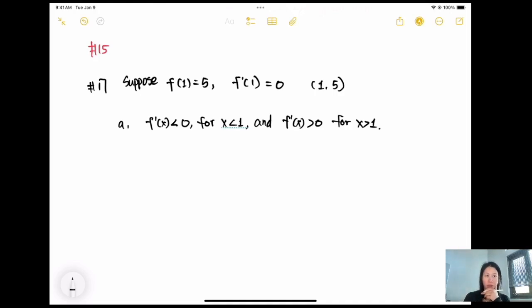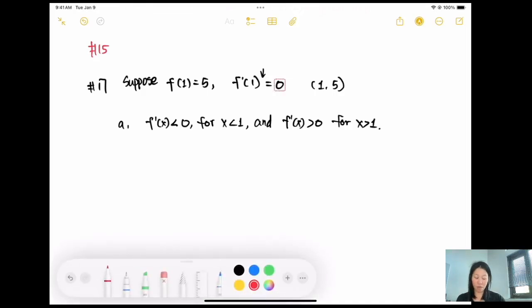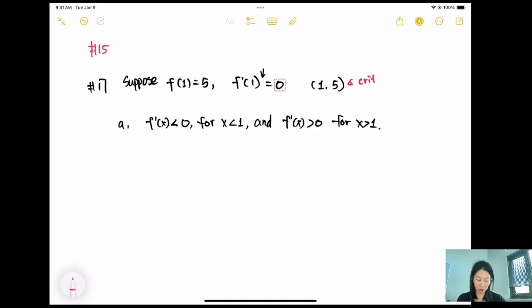Well, what do we know about that? We know that we have the point f(1), the point (1, 5). And we also know that the first derivative at x equals 1 is equal to 0. The information that we're getting is that this is a critical point, but we don't know if this is a maximum or minimum. We just know this is a critical point. And then the first derivative is less than 0 for all x less than 1. So that means